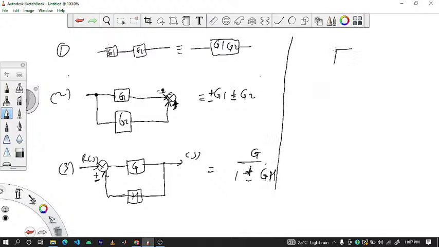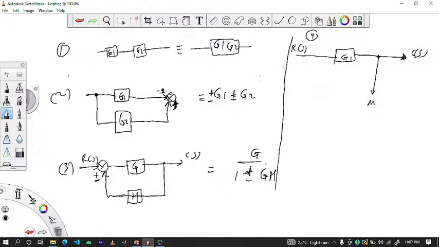Now the next thing. If I have a block here, G1, I have an input R of S, an output C of S, and a pickoff point here, let's say M. So this is the fourth step. As I said, you just need 5 rules. If you want to move a pickoff point from after the block,